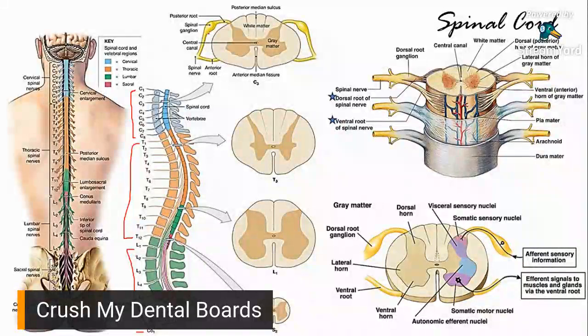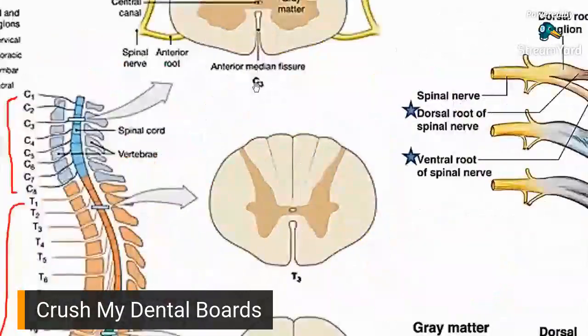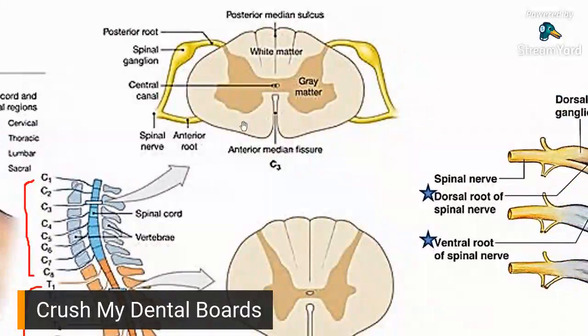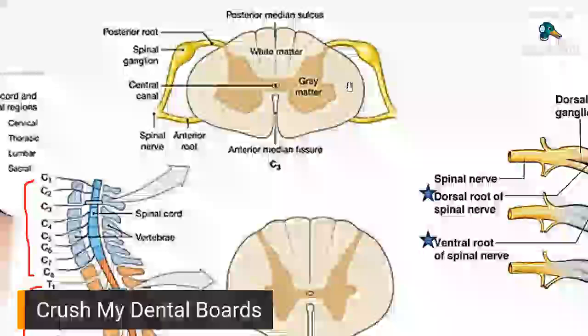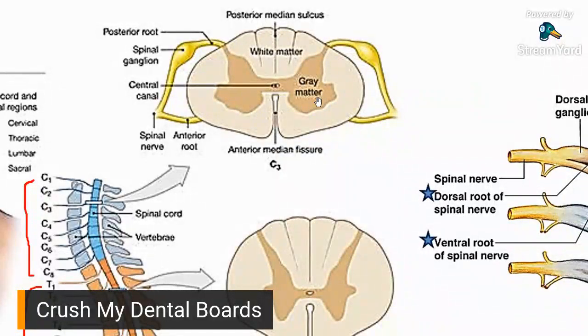Now, if we go to the cross section right here, what do you notice regarding the gray and white matter? In the spinal cord, di ba sabi ko sa inyo, tandaan niyo sa brain? What did we say regarding the brain? White in, gray out. Now, take a look at the spine. The spinal cord is the opposite. In the spinal cord, it's gray in and white out. Okay? Gray in, white out, that's your spinal cord.